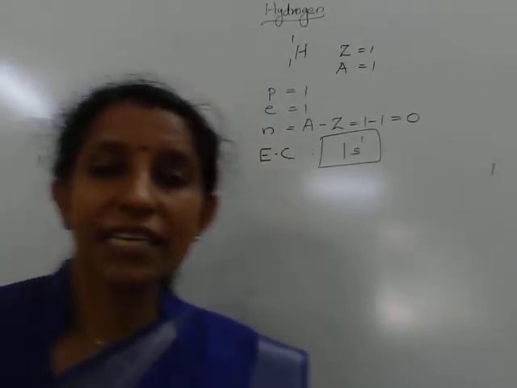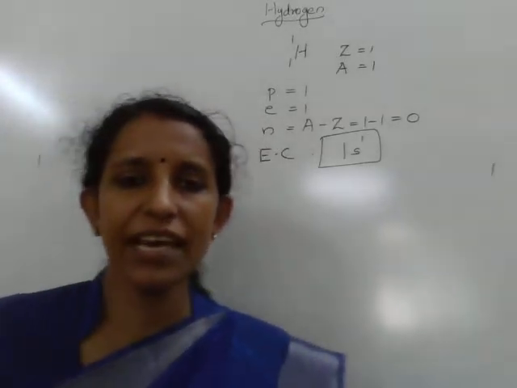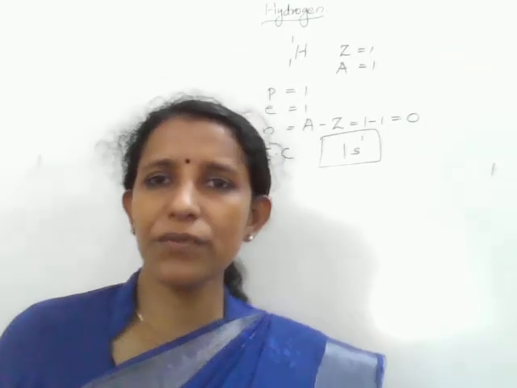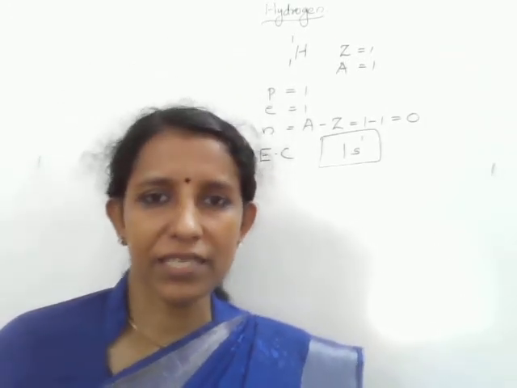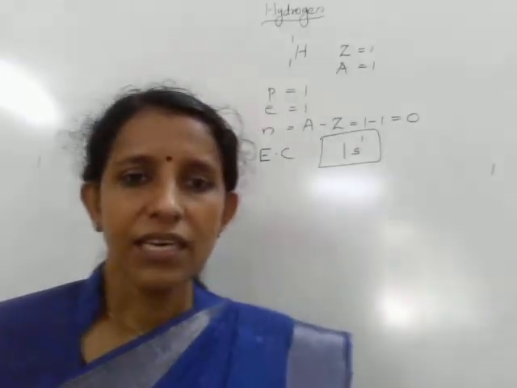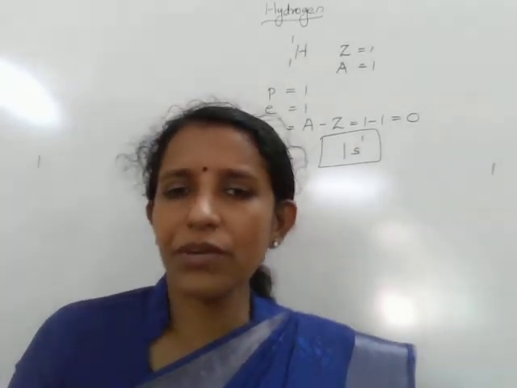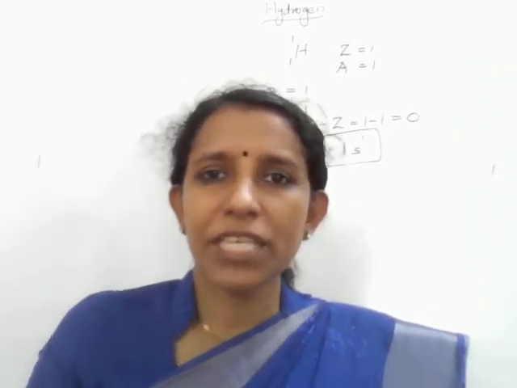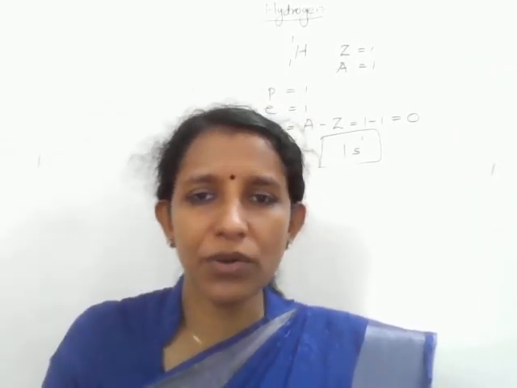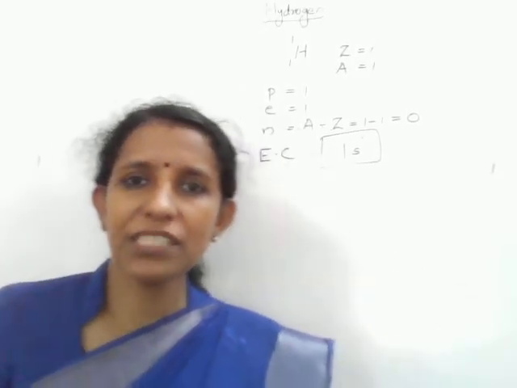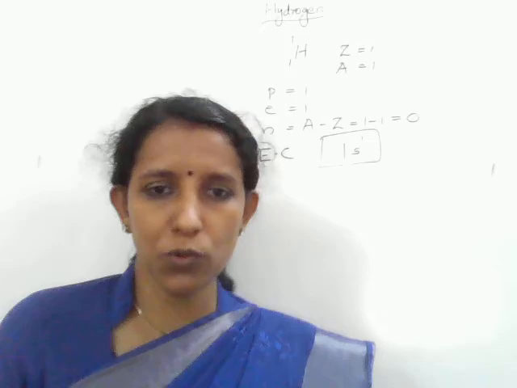The position of hydrogen in the periodic table. Where do you see hydrogen in the periodic table? The position of hydrogen in the periodic table was a topic of great discussion in the past. Hydrogen has the 1s1 configuration. We know in the periodic table the elements are arranged on the basis of their atomic number or on the basis of their electronic configuration. Elements with a similar electronic configuration we find in the same group.